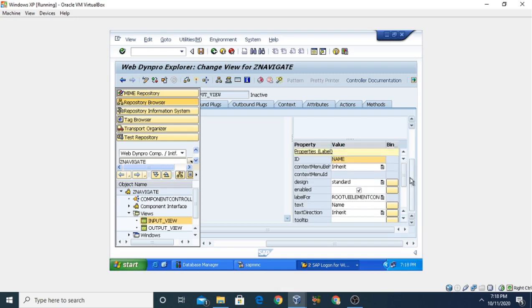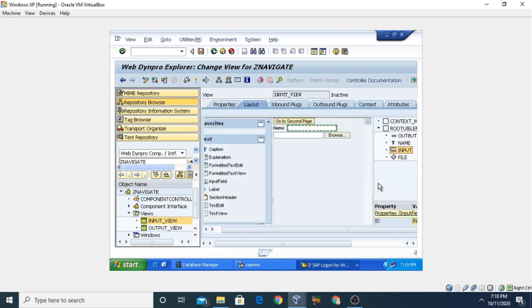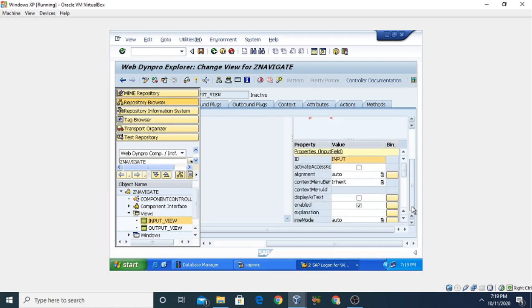So go to this particular input field. Because we want to take the input, we need to specify which kind of input we are getting. We are getting the name as a string, so we need to set the property here.